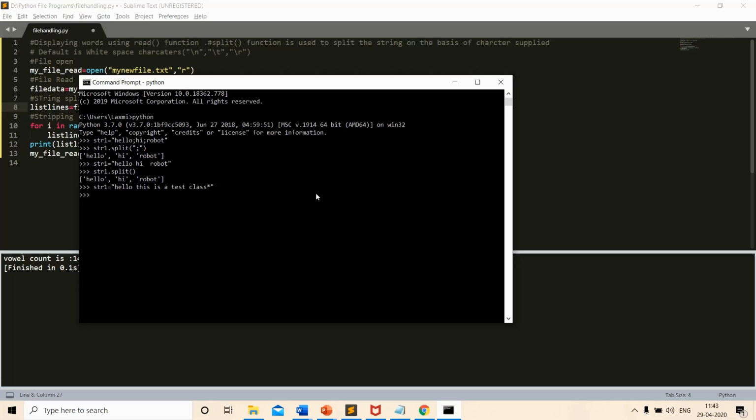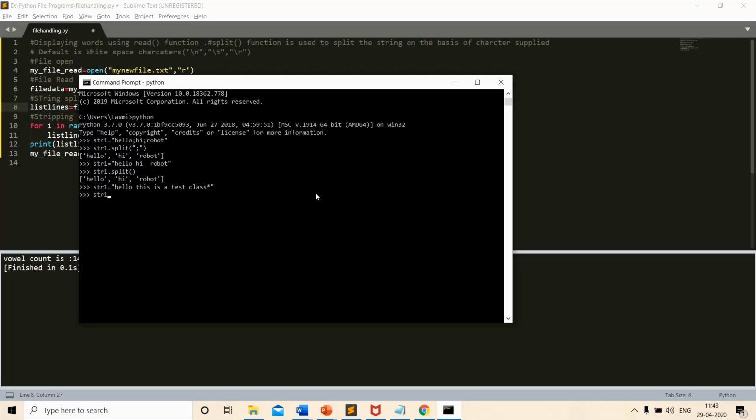Strip provides me with three functions: lstrip, rstrip, and strip. Lstrip means stripping any character from the start of the line, and rstrip is stripping any character from the end of the line, and strip performs both lstrip and rstrip. It will remove the characters from the start as well as from the end of the line.